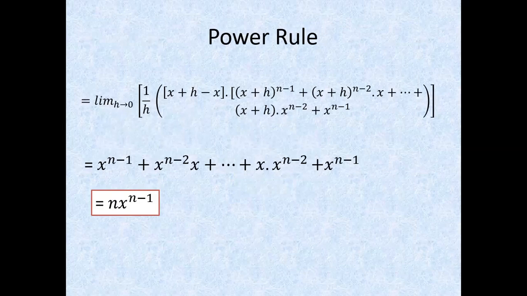So let's define and solve it. As we've seen, starting from the previous step, as the limit h approaches 0, we pull out 1 over h, where (x plus h) minus x, if we factorize, times (x plus h) to the power n minus 1 plus (x plus h) to the power n minus 2 times x, plus dot dot dot, plus (x plus h) times x to the power n minus 2 plus x to the power n minus 1 here. So if we solve it, we will end up with,